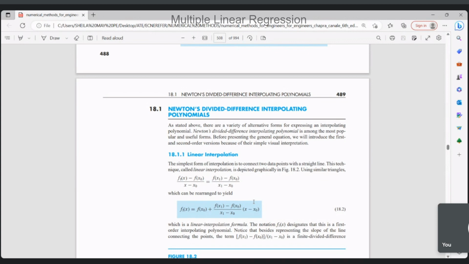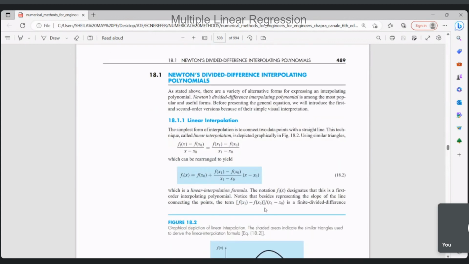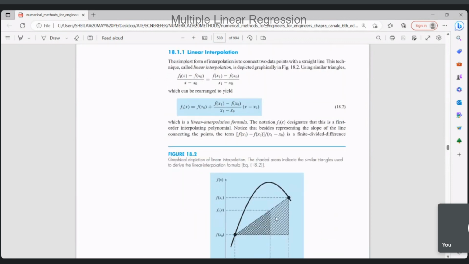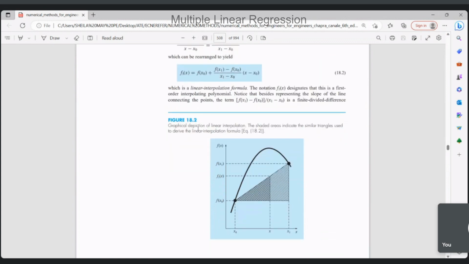The simplest form of interpolation is to connect two data points with a straight line. This technique is called linear interpolation. And this is depicted graphically here with this figure using similar triangles. So that's f1(x) minus f of x sub 0, divided by x minus x sub 0, because I don't know if you're familiar with similar triangles. So this one here,